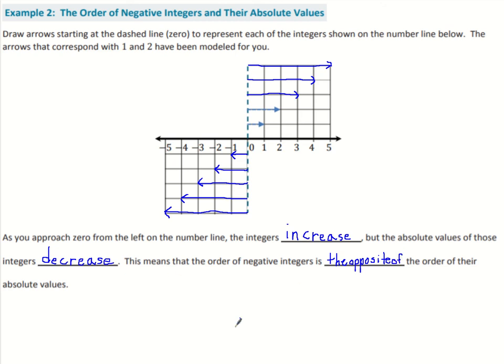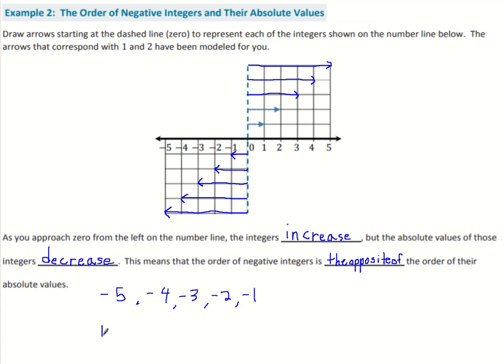And we could show that off using this empty space that we have right here. If I wanted to order my numbers from least to greatest, I would go -5, -4, -3, -2, -1. But if I was talking about their absolute values, and I was talking about ordering their absolute values